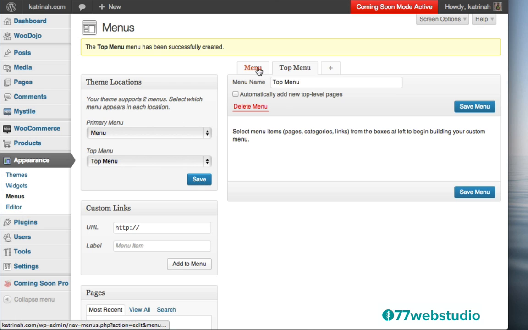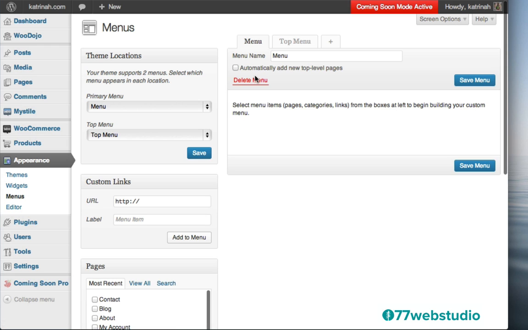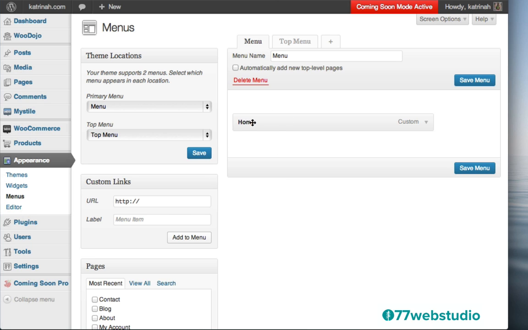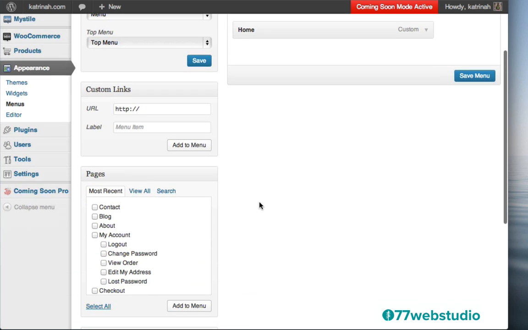So the next thing we need to do is click on Menu here, and we need to start adding pages or categories or whatever we want to show in the menu. We need to add that here. So the first thing I want to do is add a custom link to a home page. So I'll give it the label of home, and the URL will be the website name. And then I'll just click on Add to Menu. And here we see now the home page is being displayed in the menu. So I'm going to scroll down and add some other pages.